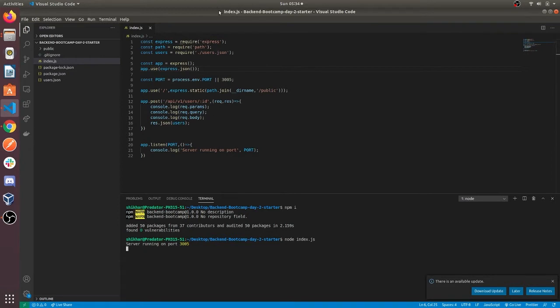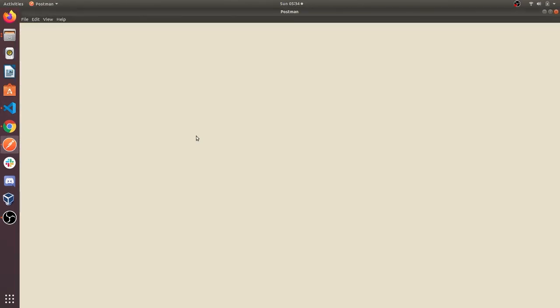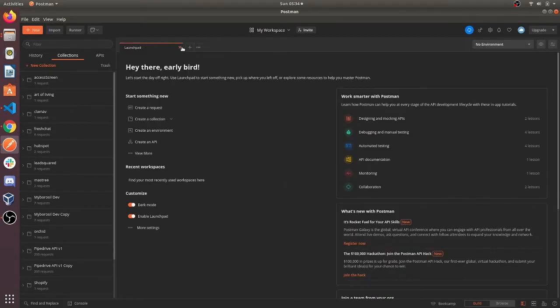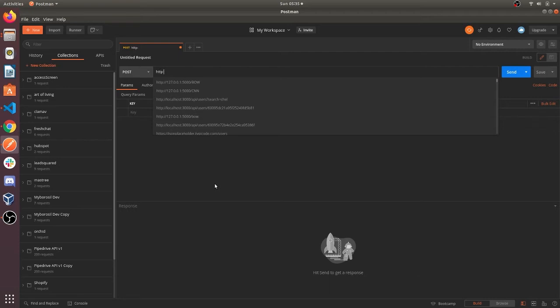Now we'll use Postman to create a request to this route. So here's how we specify the HTTP method. Here's where we have to enter the request URI or URL. As our API is hosted on localhost, I'll enter that. The port is 3005.